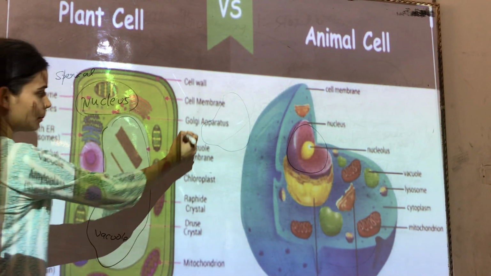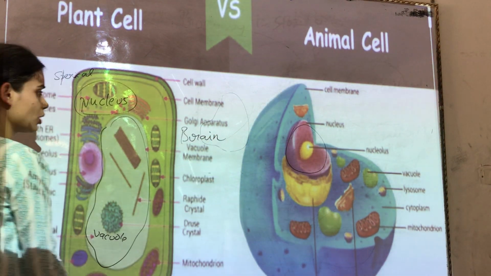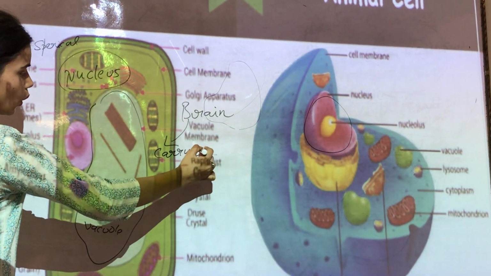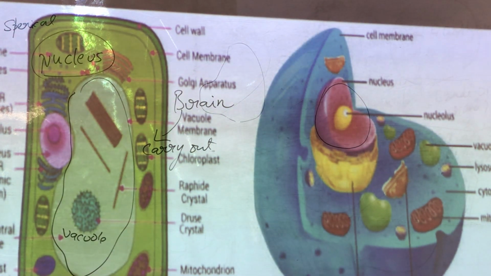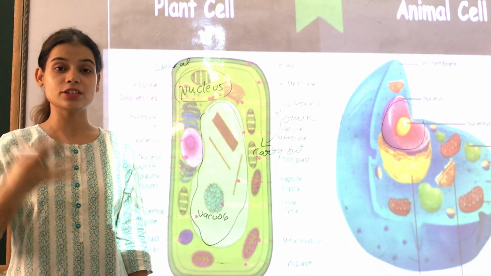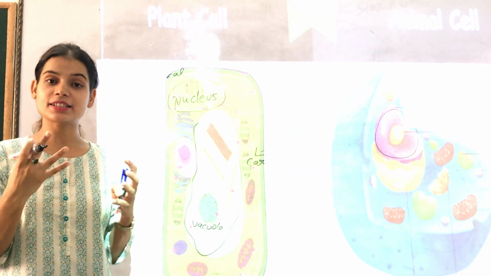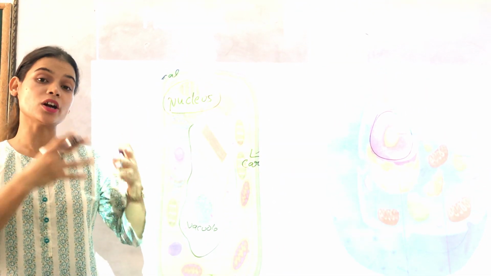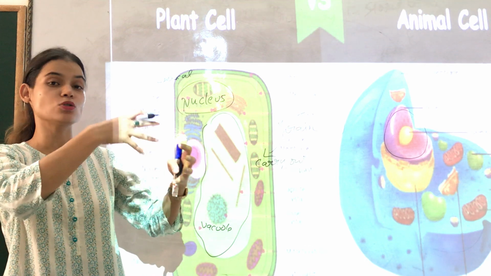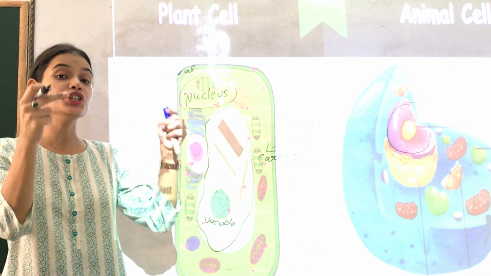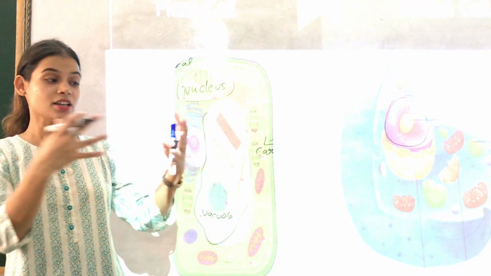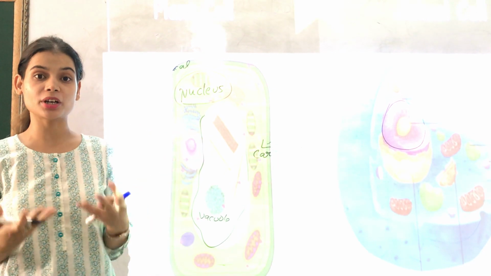Now it is known as the brain of the cell. Why is it known as the brain? Because it actually carries out all the functions of the cell. When I say that we are able to respire, we are able to breathe, it is not the lungs which are helping in breathing, it is the tissue. Now it is not the tissue, it is the cells which help in breathing. And it is the nucleus present inside the cell. Can you see this chain? This is the complexity of the body which we are made up of.